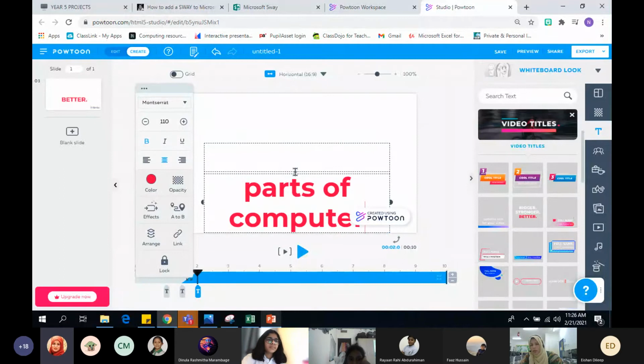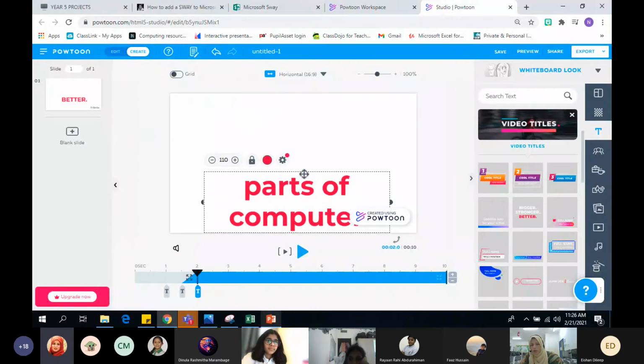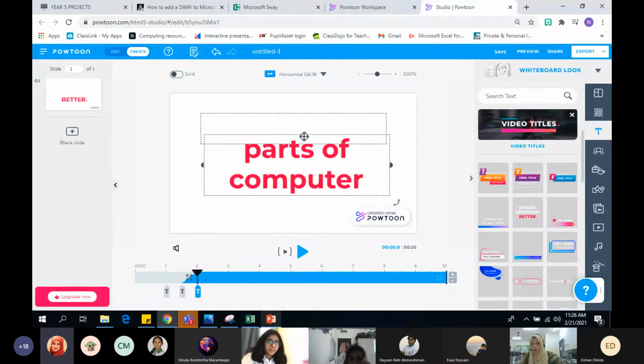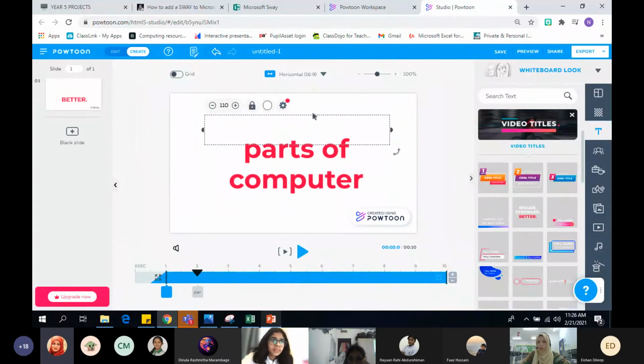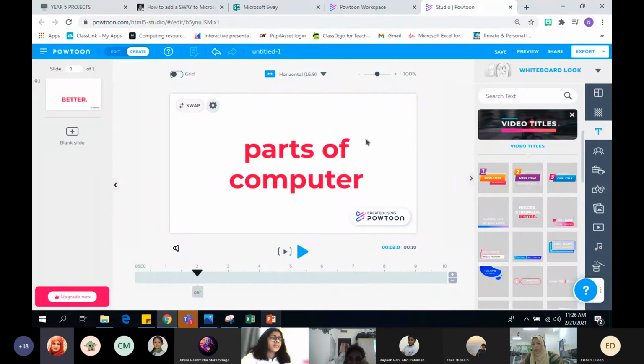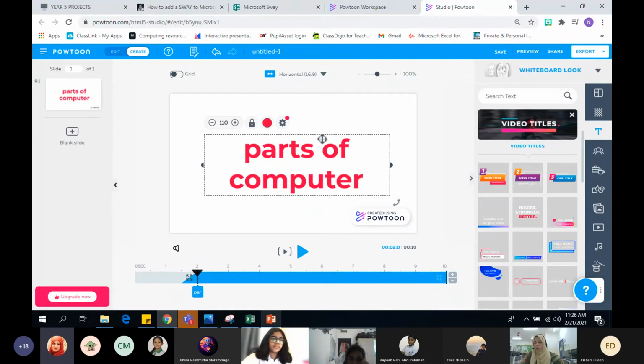Okay, now I can drag it up. I can use the same features as used before: how to write the text, how to swap the text, and anything with the props. Even you can do that. Now, this time you'll see the timeline is even given here. Now I want this text to appear somehow. I want to give some